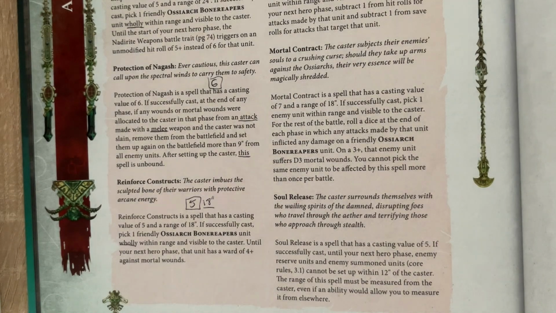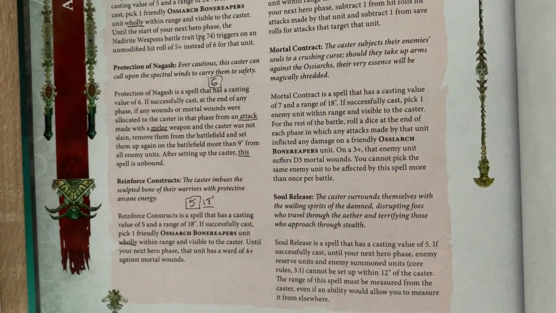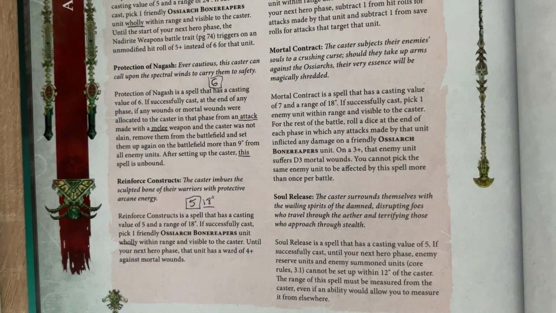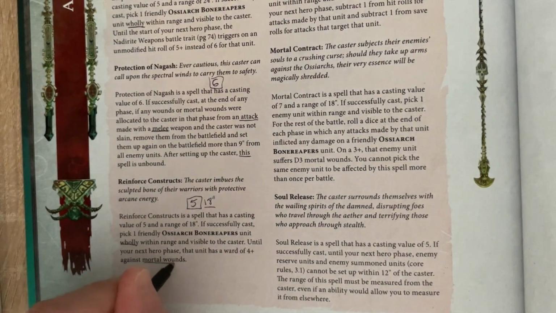So, like I said before about the, let me just look at the name of the trait again. Deathless Warriors. Deathless minions must be in Soul Blight. The Deathless Warriors 6+ ward, and then the Ossiarch command that makes it better. This does not interact with that. Once you get a 4+ ward, you're just on the 4+ ward. Now keep in mind, this is just against mortal wounds,